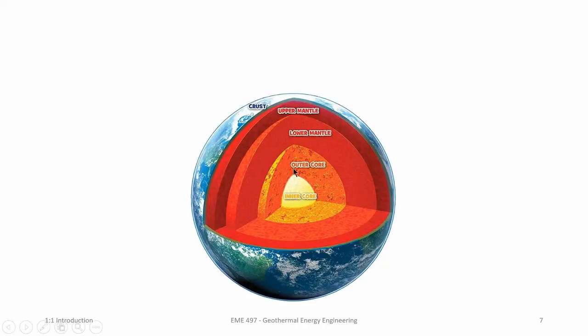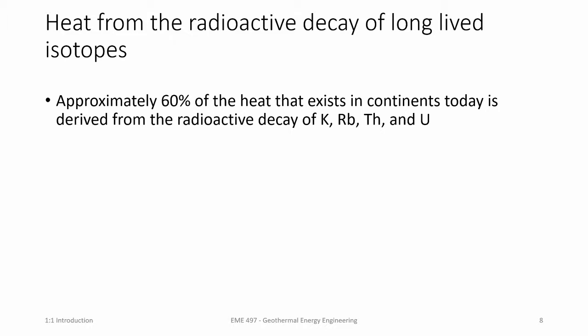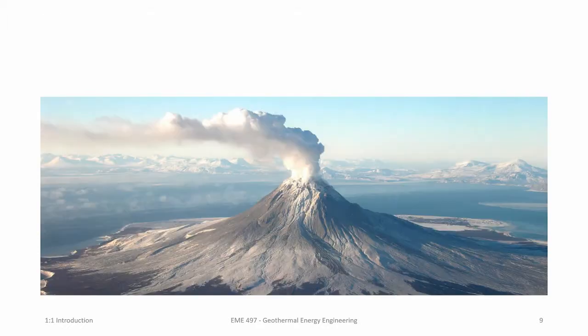And here's just a cutout of the Earth. Here's the inner core, the outer core, mantle, upper mantle, and of course where we live, the crust and the atmosphere. So today, approximately 6% of the heat comes from radioactive decay. So the Earth is cooling, but it is still generating heat from decaying radioactive elements. And here is a volcano, which is just an obvious sight of how the Earth contains a lot of heat energy.